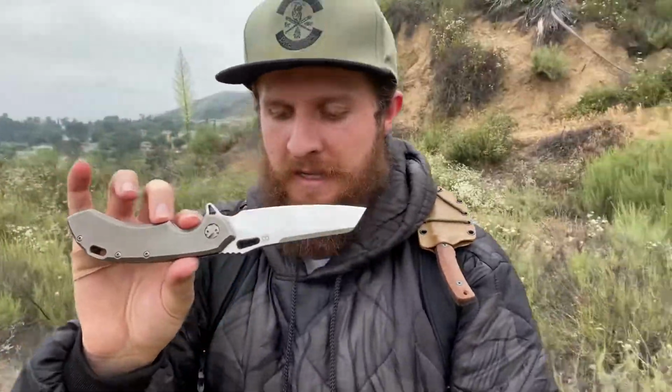This is my favorite in that range, and I can say that with confidence after handling at least each of those options, giving some of them a relatively long-term try, and owning a couple of this one and seeing the consistency between each of the ones that I've owned and loving and enjoying it every single time that I've had it in my hand. So there you have it. That'll be my full review on the Olamic Wayfarer